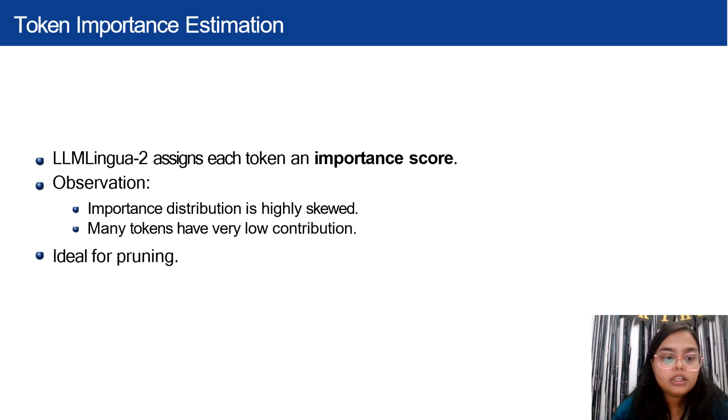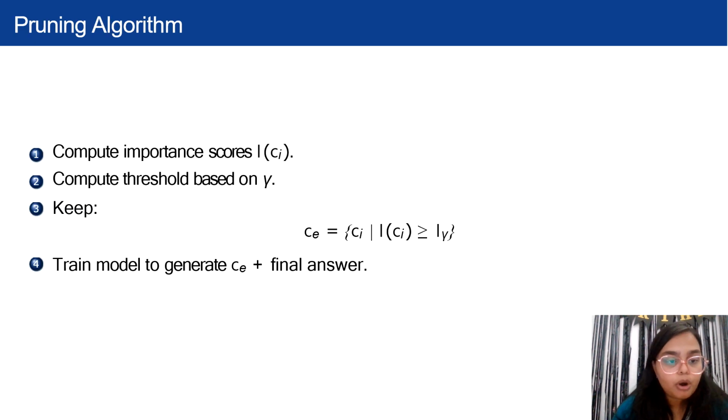This is the normal pruning algorithm. First we compute the importance score of every token it is generating. We determine the threshold based on the parameter gamma. Suppose we have taken 40%, then we separate the top 40% of the important tokens and create a new reasoning chain keeping only the tokens that are above that threshold. We then train on the optimized COT and get the final sequence of answers according to our compressed COT.